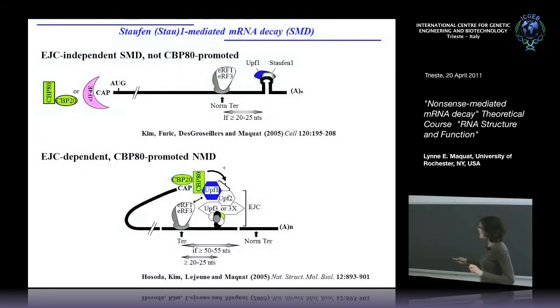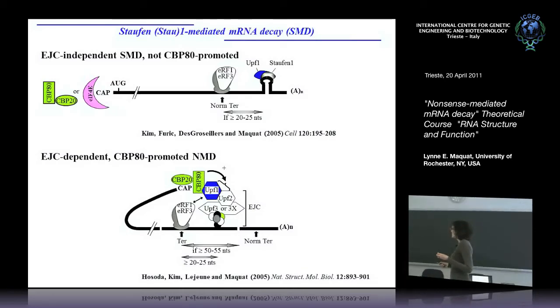This is a comparison of SMD and NMD. Staufen, before we began this work, was best characterized in Drosophila as being involved in the export and positioning of mRNA properly in Drosophila oocytes. It also regulates the translation of particular oocyte mRNAs. And we got onto this because Yoon-Ki Kim, this guy right here, who was a postdoc in